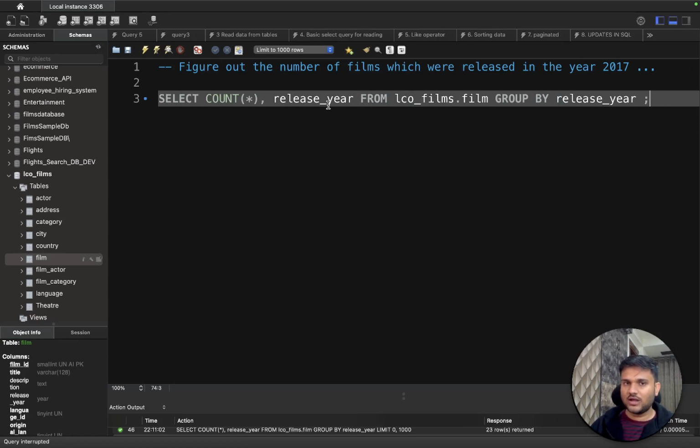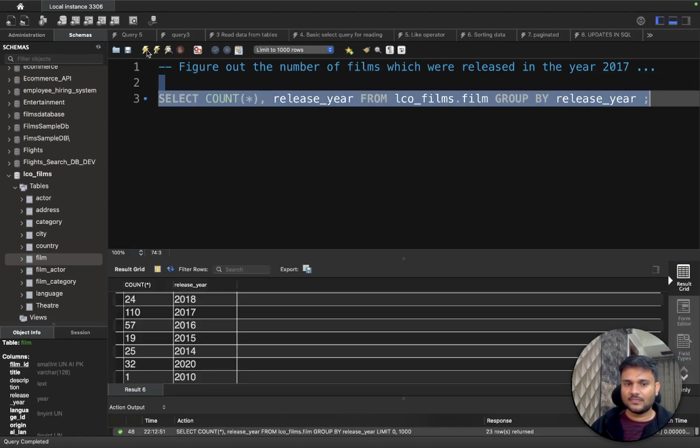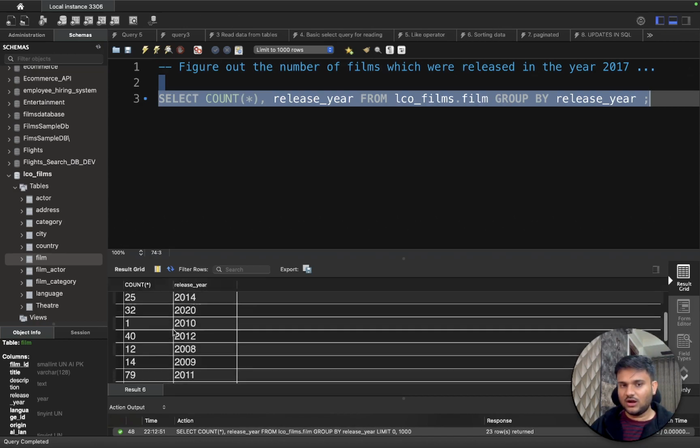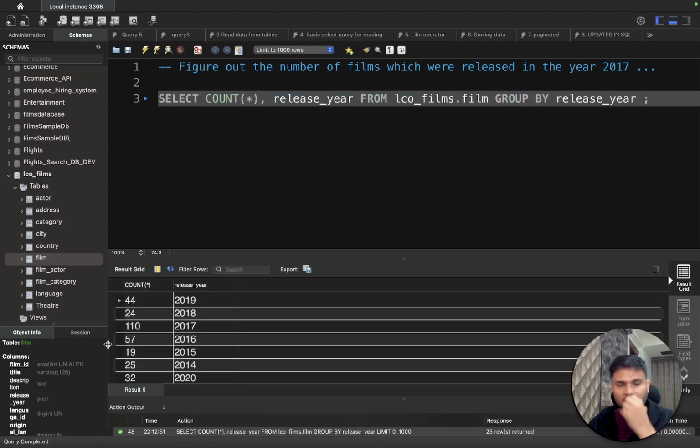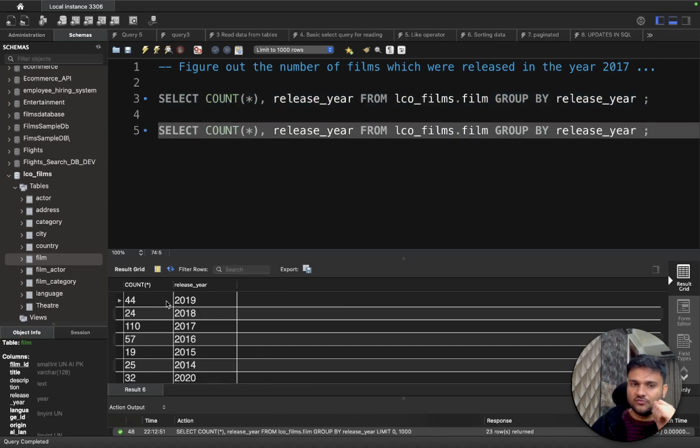So that's how you actually do something like count star, right? And you can see you are able to count all of them here. But now let's say I don't want the count of everything. Let's say I only want the count of the year 2019. So the first thing that might come to your mind is that I'll say where,